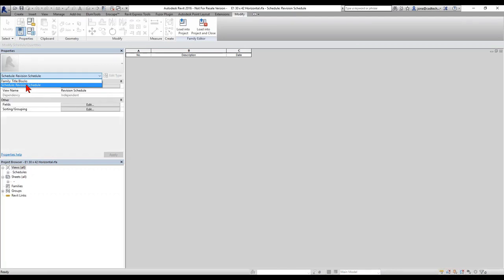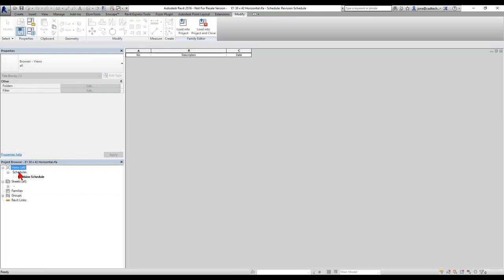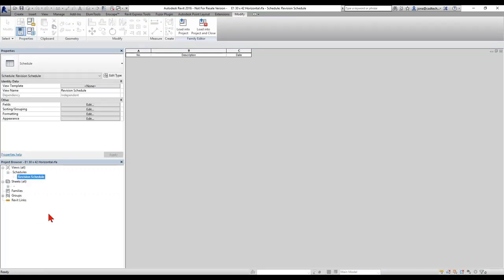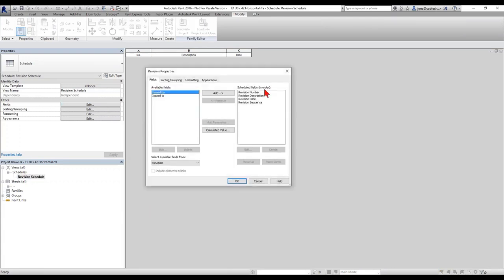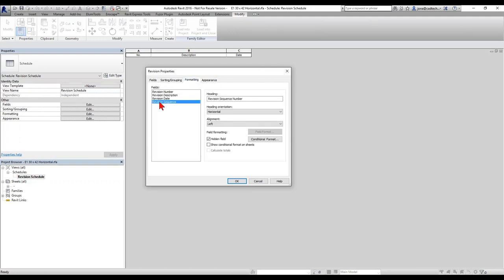Now we hit the drop down and select the schedule, revision schedule in the drop down. And this gives me the same options that I would have with a normal schedule, with the exception of filter. This is also available under views, schedules, revision schedule. Now, if I take a look at fields, you'll see I have revision number, description, date, and sequence. And under appearance, formatting, you'll notice that revision sequence is a hidden field. We could show that if we want,